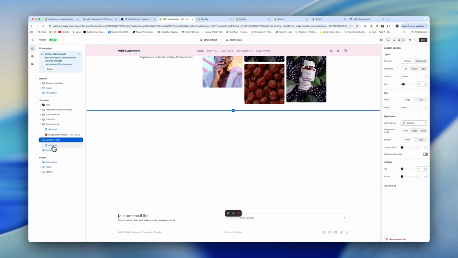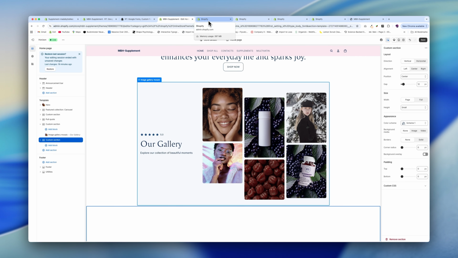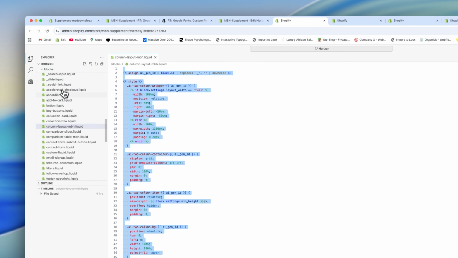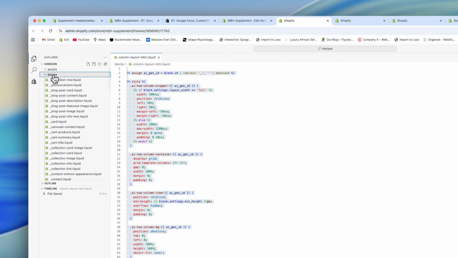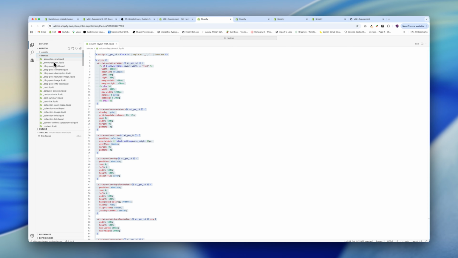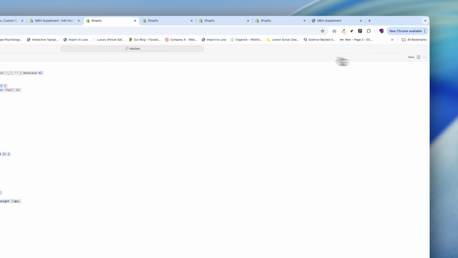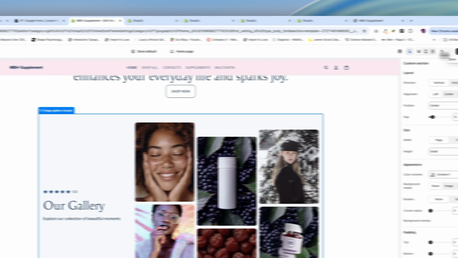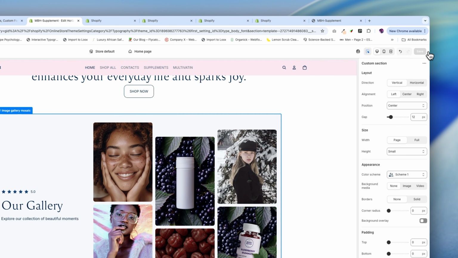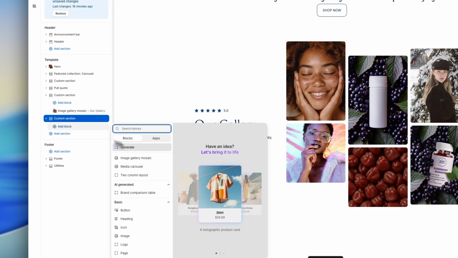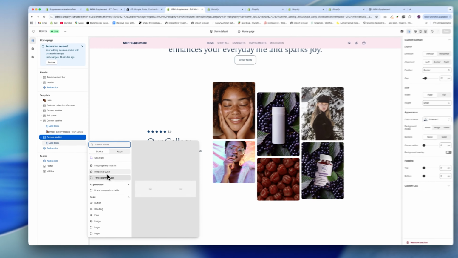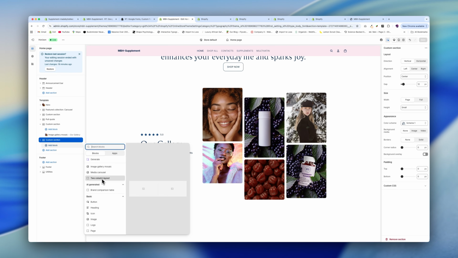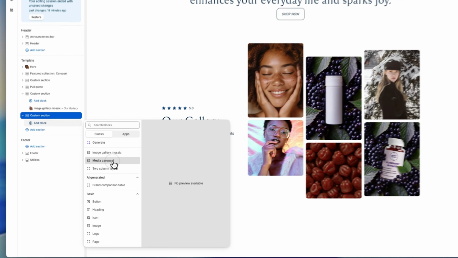Once you download your custom code, you can just come to the code editor right here and then create a new file in the blocks file, and then it must end with .liquid. Paste your code here, save it right here, and then come back to your theme editor. Click on add block, and then you should find it here. One of these should be here, and I'm just going to add media carousel,